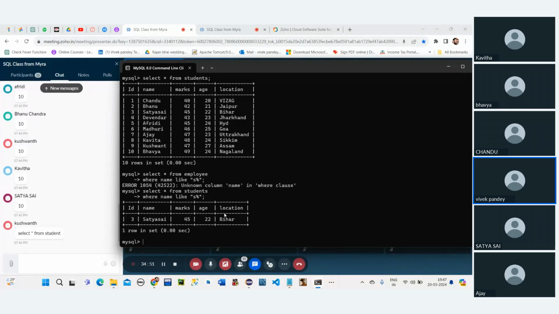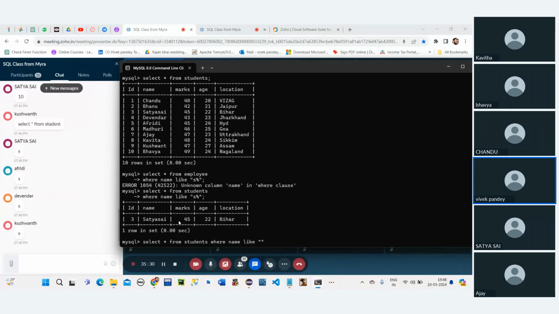I mean to say, here I have got yes. So if you have got it, then you have to type yes. How many of you got this? One, two, three. Perfect. So see here, with the "yes" pattern, we are getting all the names. Now in the same way, let me write everything in one line so that we can use the shortcuts. Select star from students where name like